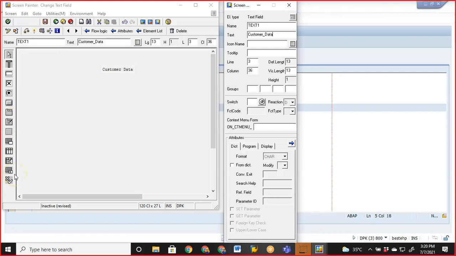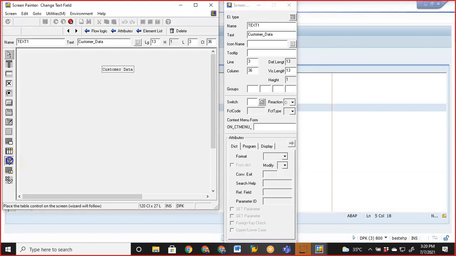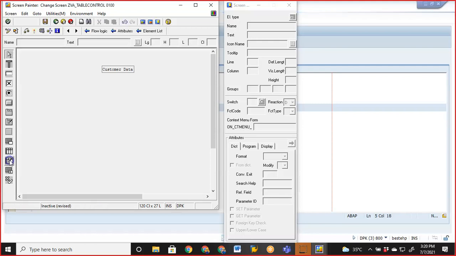So now I would like to go for this table control. So table control with wizard is there. Table control with wizard is very easy. So select that table control with wizard and then drag and drop it here. Now the moment you drag and drop it here, automatically a pop-up comes with the wizard, and there we need to give all the details. Okay, and you need to give the internal table details, work area. Accordingly, that all data will come into this screen.